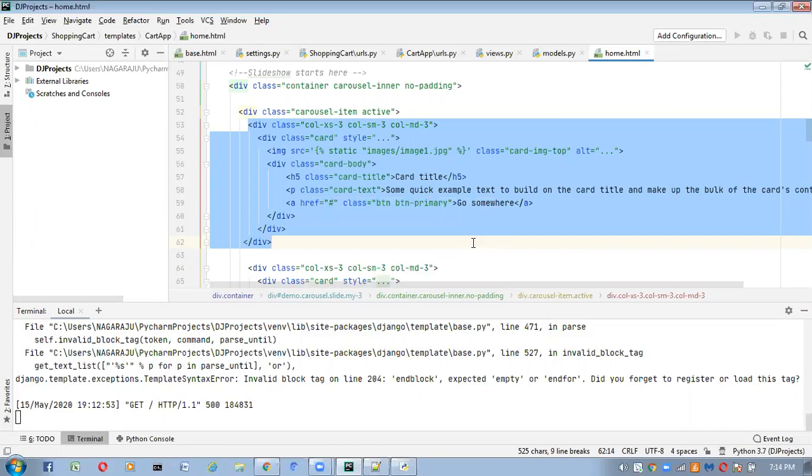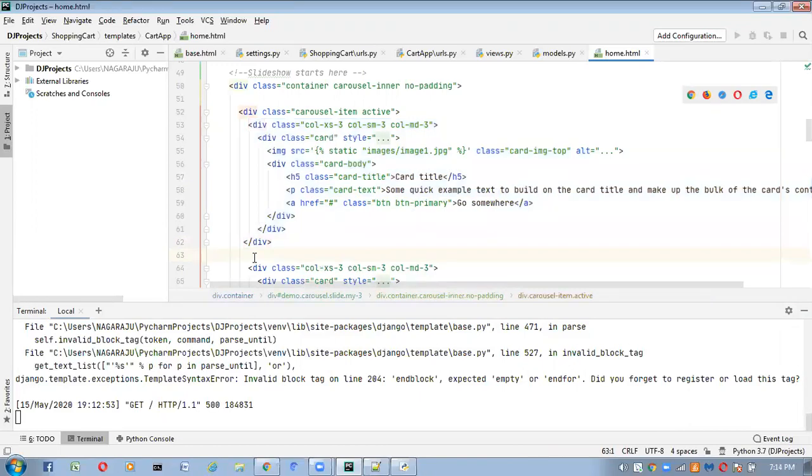Next, here I'm going to write a for loop for the second product. If a second product is there, then only you will get it, otherwise you won't. If a third product is there, then only you will get it. For that I'm writing one for loop again here.